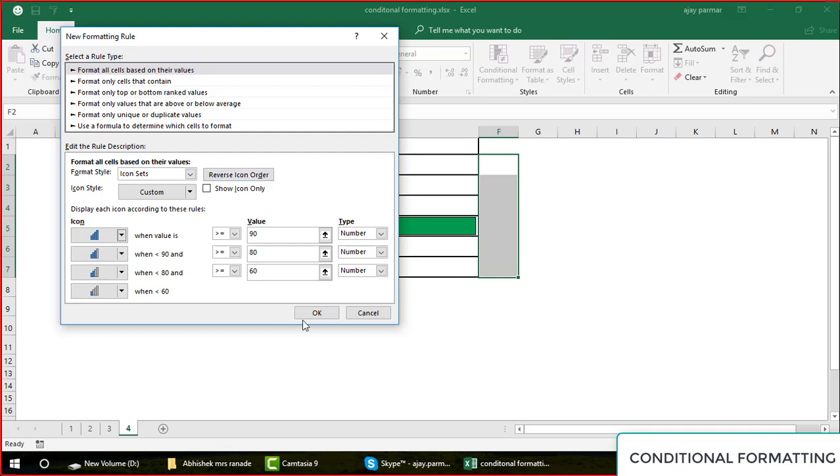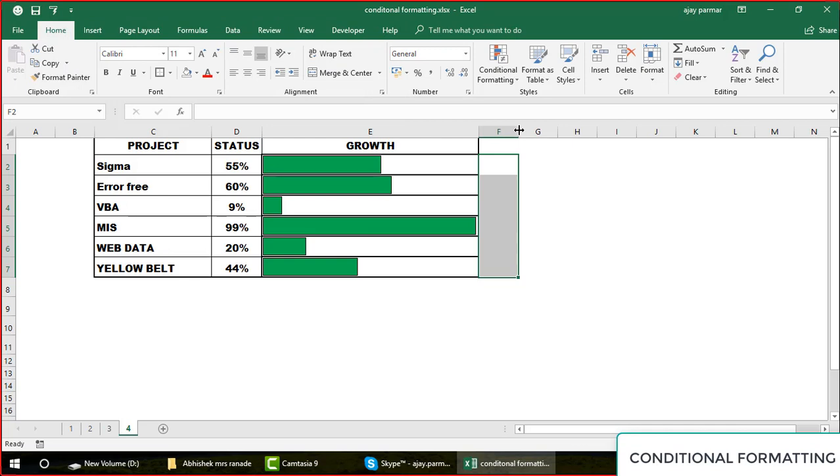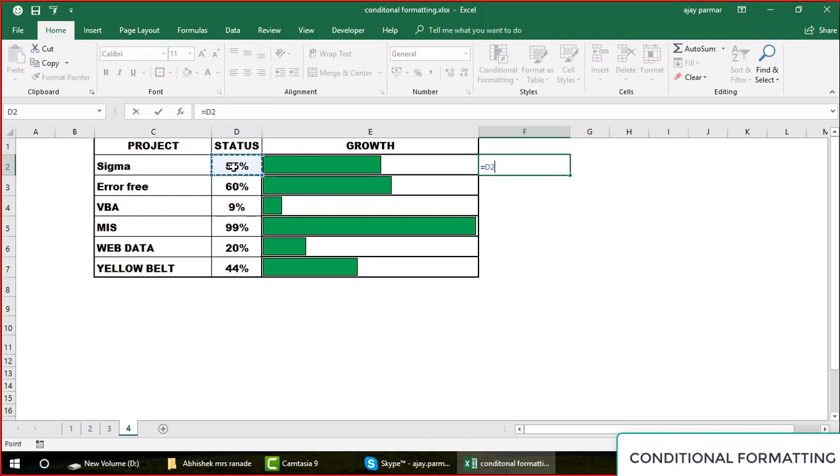Now again I show icon only. I'm going to click here, since you have seen that show icon. I just want to see the graphs, not the values, guys. I have converted all the numbers, right? So let's go and do that. I click OK. Now obviously conditional formatting is applied, but we don't have any value in these cells. So where would the values come from? Obviously from your D column, so you already know what we are supposed to do. So I go and select this. Now I press enter. Now this is how the graph looks.